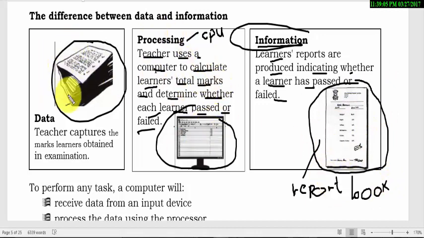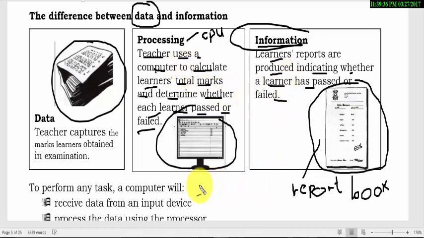Here it was data because it was not processed. When it was entered in the computer, it was processed and then it is called information. So that's the difference between data and information. Data is the work you enter into the computer, the 4 types of data which we discussed. When it is entered into the computer, it is not yet processed, so it is called data. Then when it is processed, it is called information.